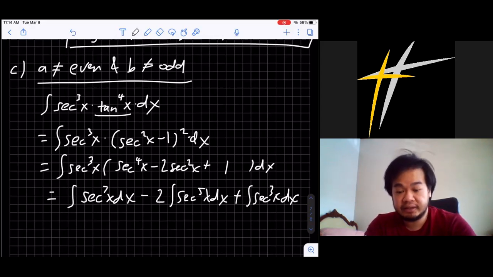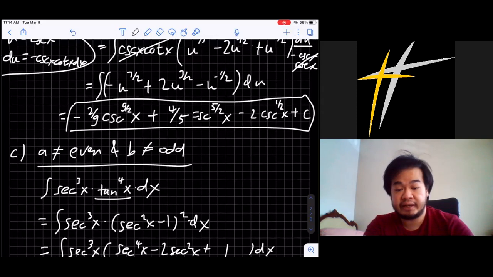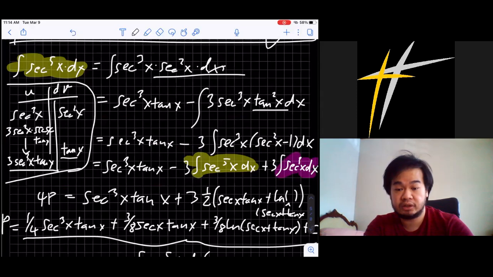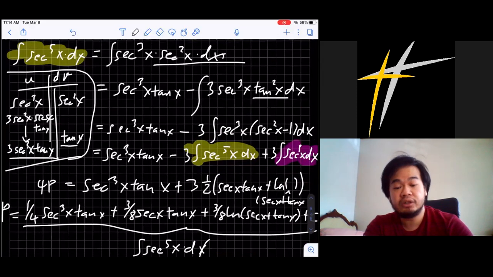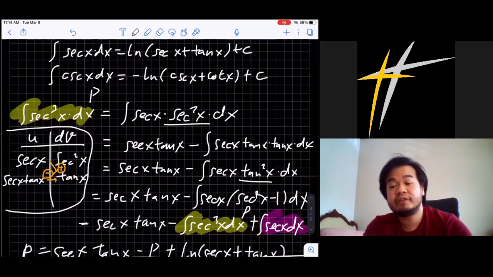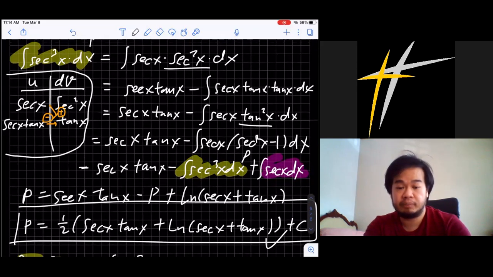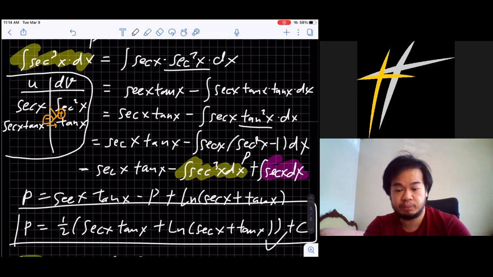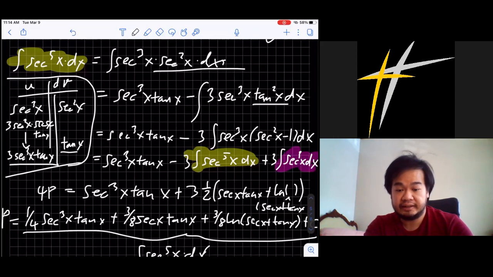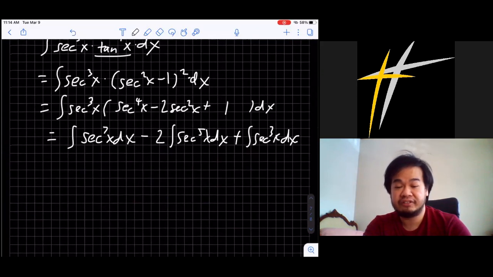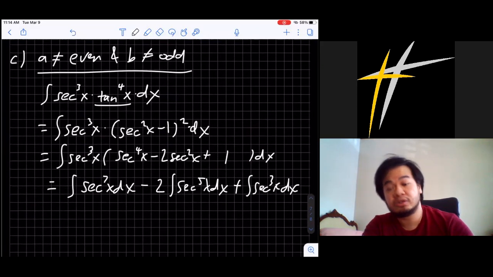And you have learned that if you have an odd power of secant, then actually you need to do integration by parts, and you have to start with the smaller odd power, secant power of 3x, and then secant power of 5x. And then, of course, you need to do secant power of 7x. So that's how you do it.